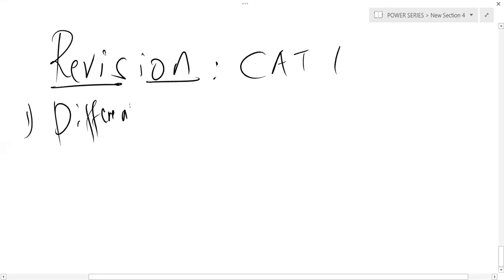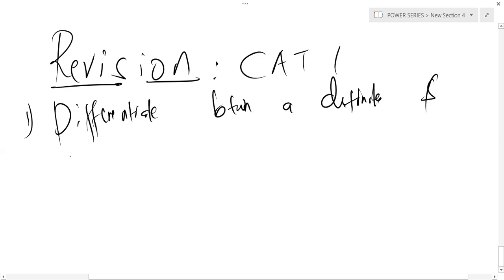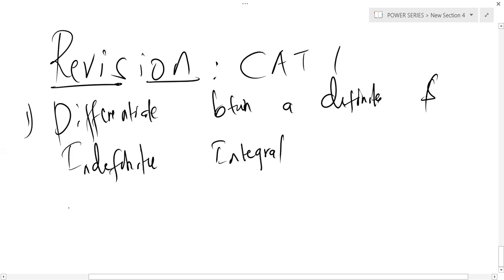Differentiate between a definite and indefinite integral. Now, guys, a definite integral is an integral whereby the limits of integration have been given, e.g., if I